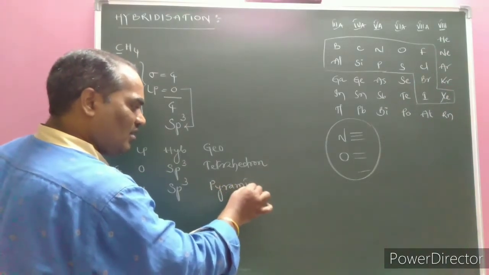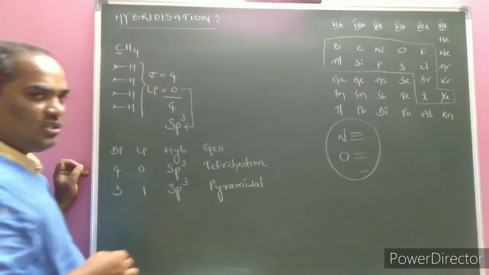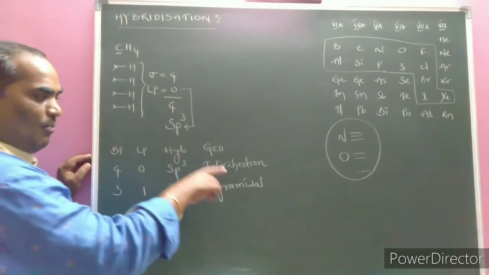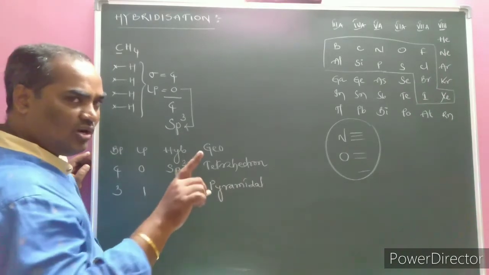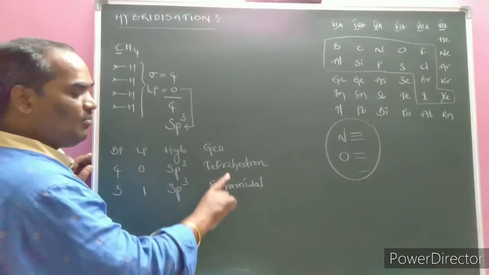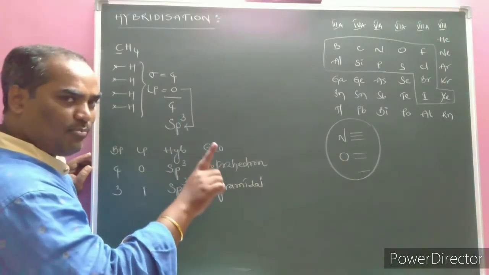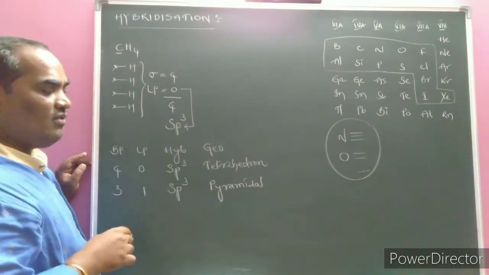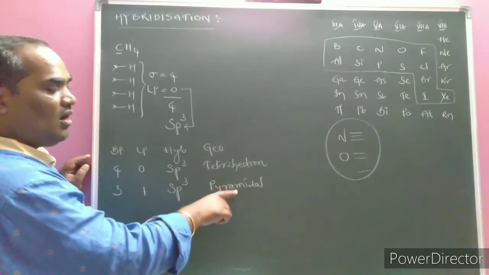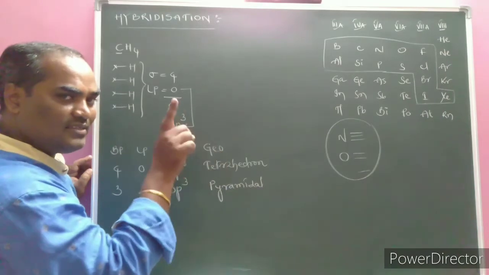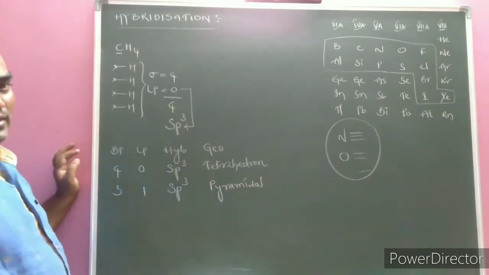Pyramidal geometry. Keep concentration. In tetrahedral, when 1 bond pair becomes a lone pair, the bond angle cannot be predicted exactly. Because a lone pair is there, according to VSEPR theory there is repulsion between the lone pair and the bond pair of electrons. That is why the bond angle reduces from 109 degrees 28 minutes, and is less than 109 degrees 28 minutes.